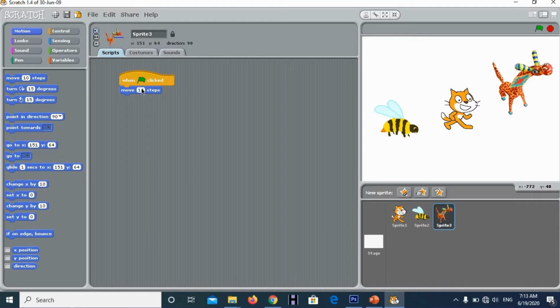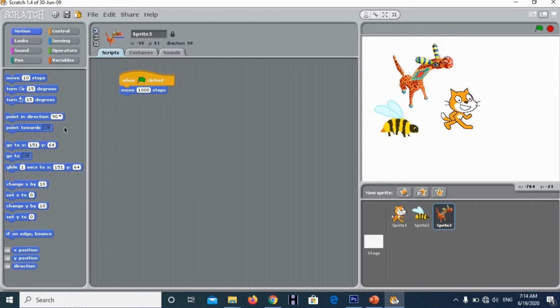If you want to increment this value, you can do so, right? I am changing it to 50. So when I click, that object will walk. Now we have selected this sprite so that it will walk, right? So this is a basic animation we can make with the Scratch software.